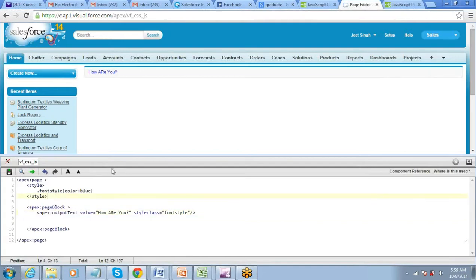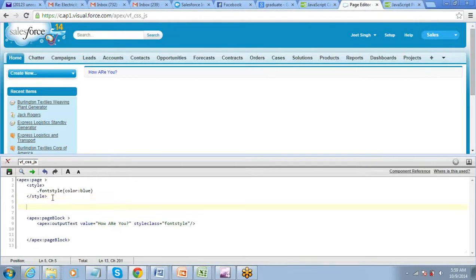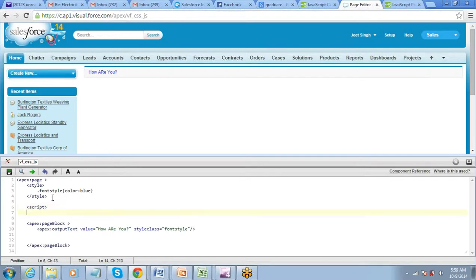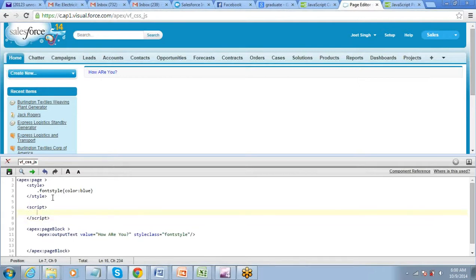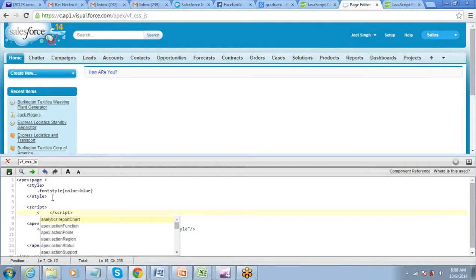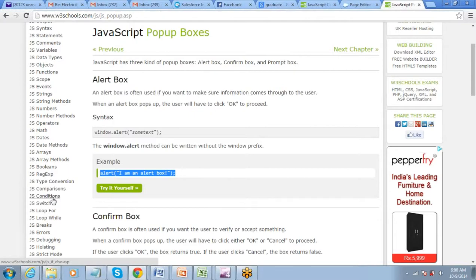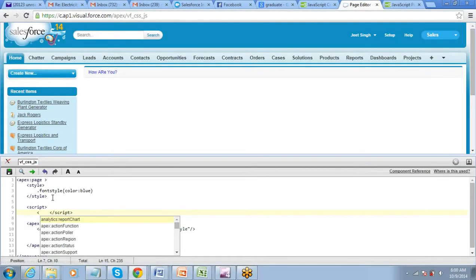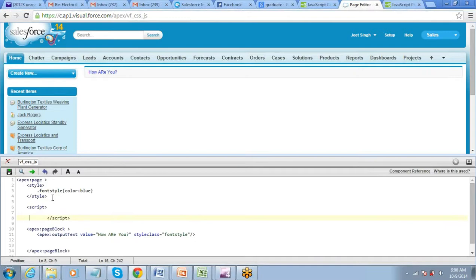So for using JavaScript, you have to write it within a script tag. You will start the script, and then within that you will write whatever script you want to write.